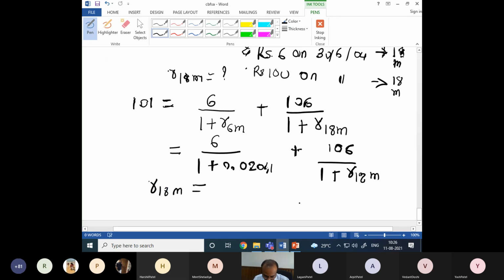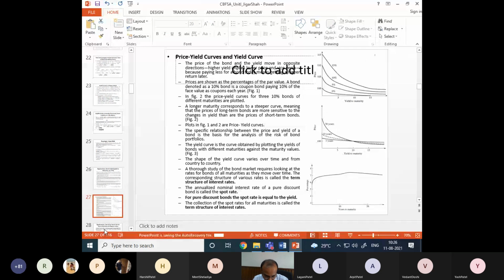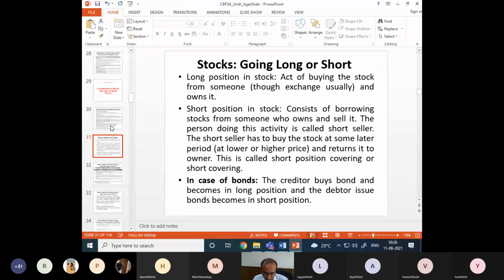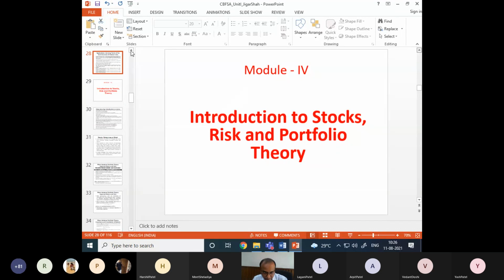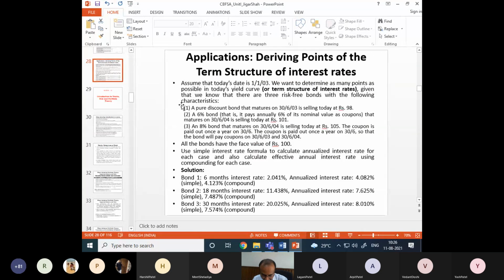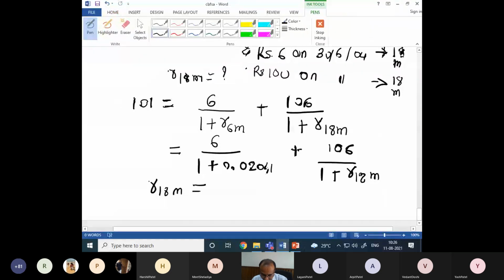Okay, let me use the answer which I have calculated and you can compare it with my answer. If there is any discrepancy, we can recalculate it. Let me go to that slide. Oh, it's moved too much. Computer is very slow. Yeah, so that calculated value is 11.438%. That value is 11.438%.